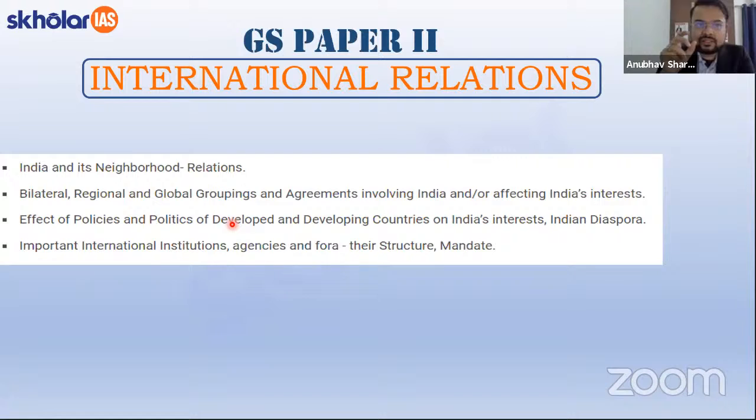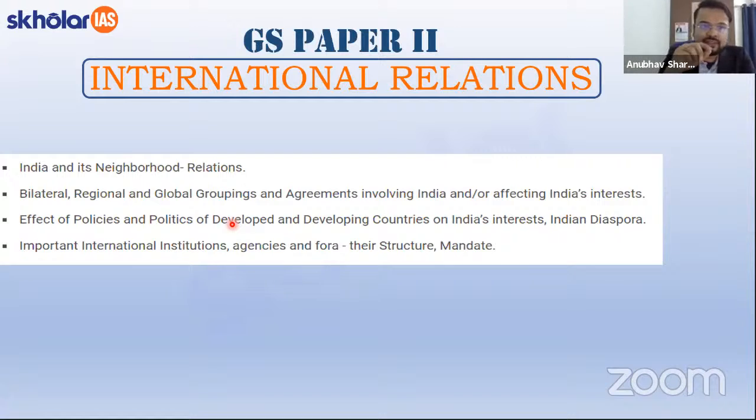But I believe that this is a very important move, a very important shift that we are seeing in GS paper 2, where now UPSC will be trying to bring about more questions from international relations. अब इसका reason क्या है? There could be a number of reasons, but I guess the most important reason is a lot of international issues